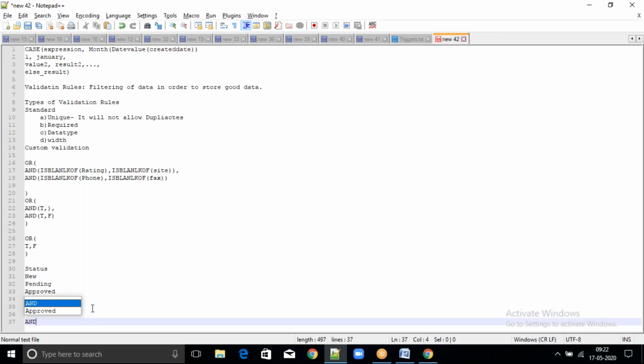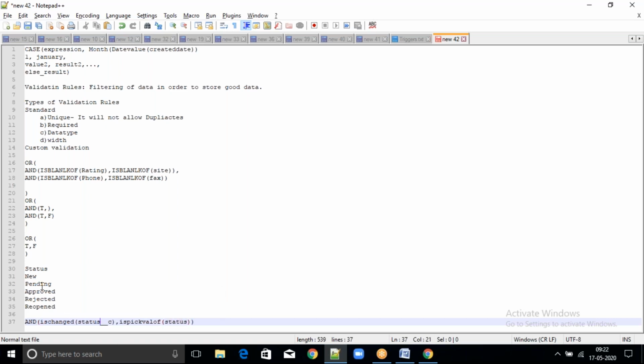Like already I am saying, try to implement this one. Is changed of status, this field is changed, and is pick val of status.